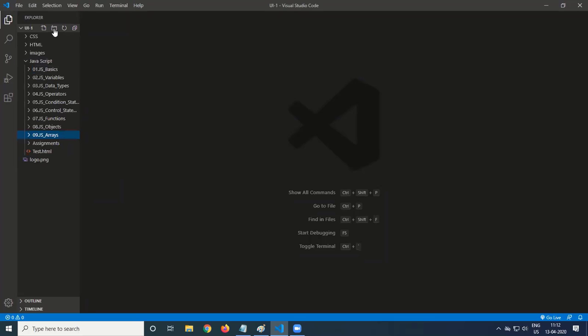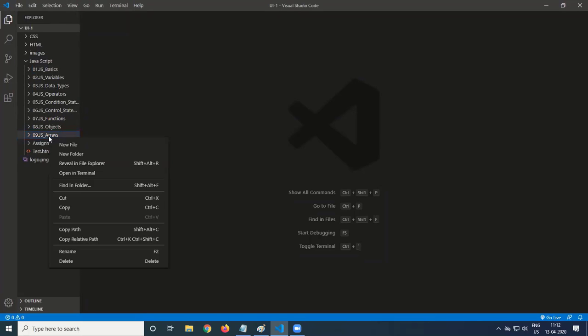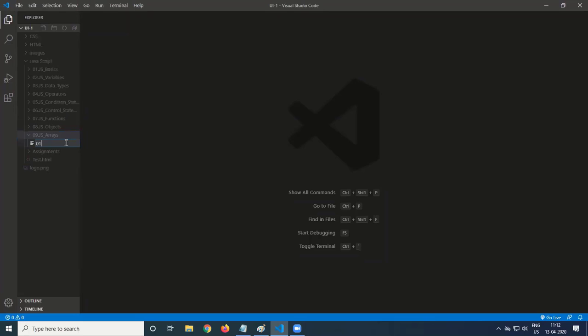Inside this, the first file is 01 array basics. Basics is how to create an array, how to retrieve the value, how to get the size of the array, how to retrieve the entire contents of the array.